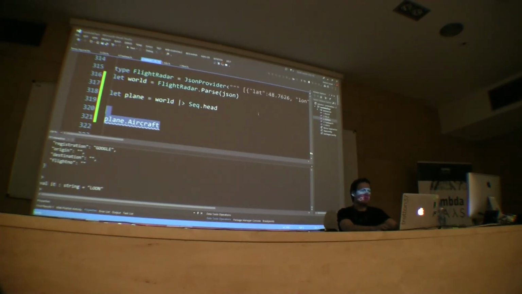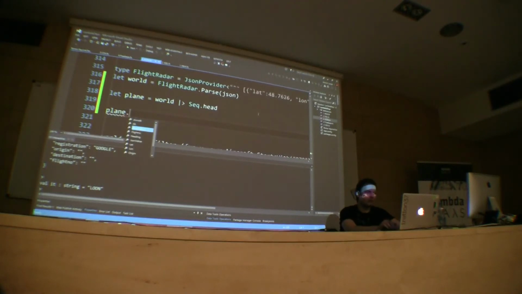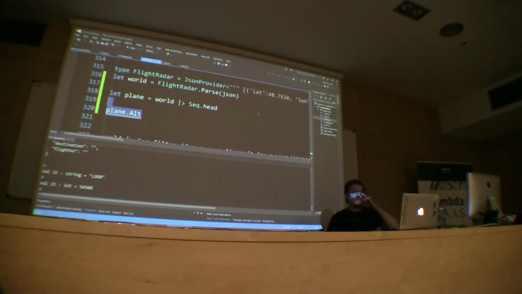This is some weird name for an aircraft, so I don't know what that is. But we can see the altitude when it's flying, and it's 54,000 feet. It's very high for airplanes, so by chance it can be some military airplane, because sometimes they forget to turn off the ADS-B transponder, which then gets caught by Flight Radar 24.